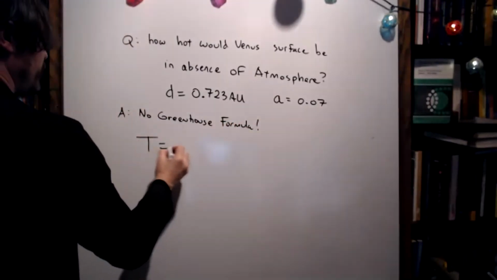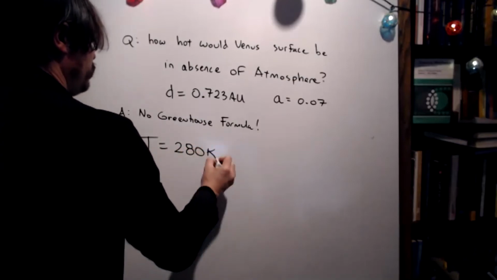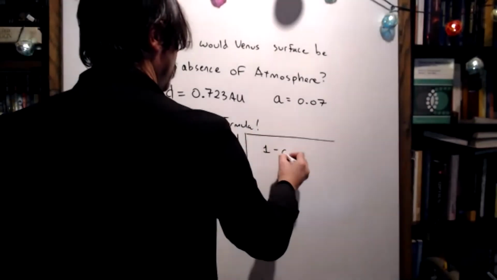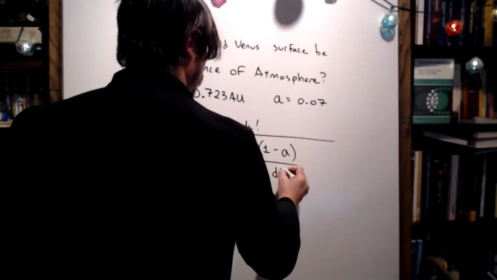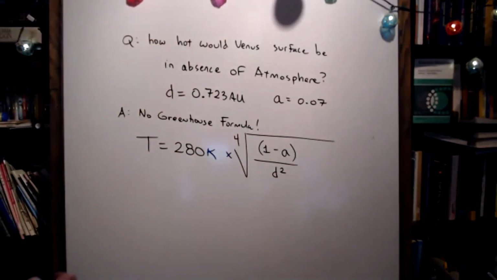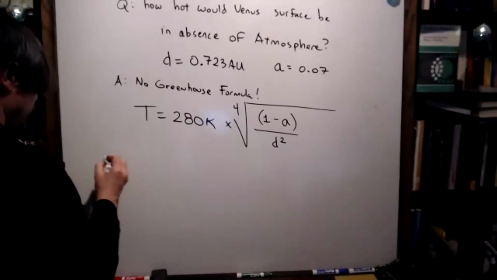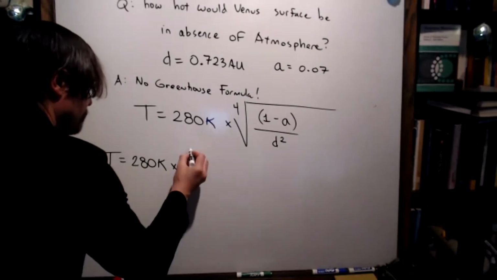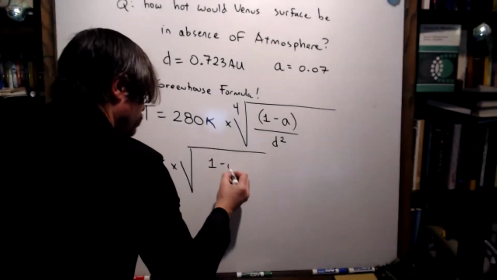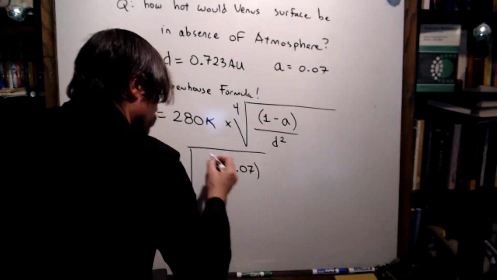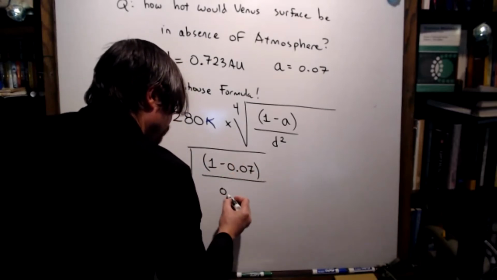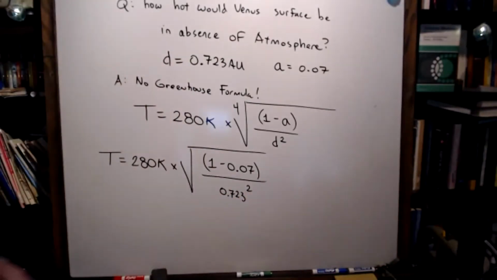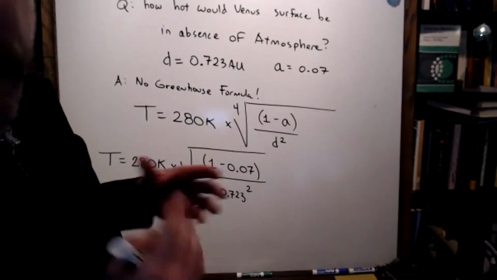Which tells us that the temperature of the surface of a planet is 280 Kelvin times the fourth root of 1 minus the albedo divided by the distance squared. Let's go ahead and plug in our numbers, okay? 280 Kelvin. One minus 0.07 divided by 0.723. Normally I would put AU, but Noah and I had